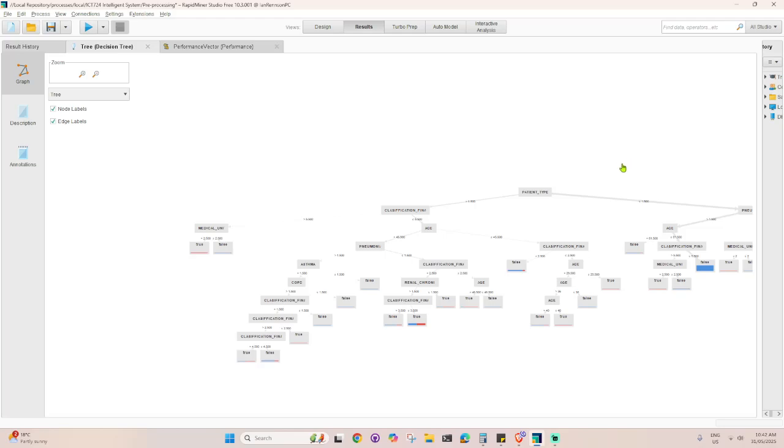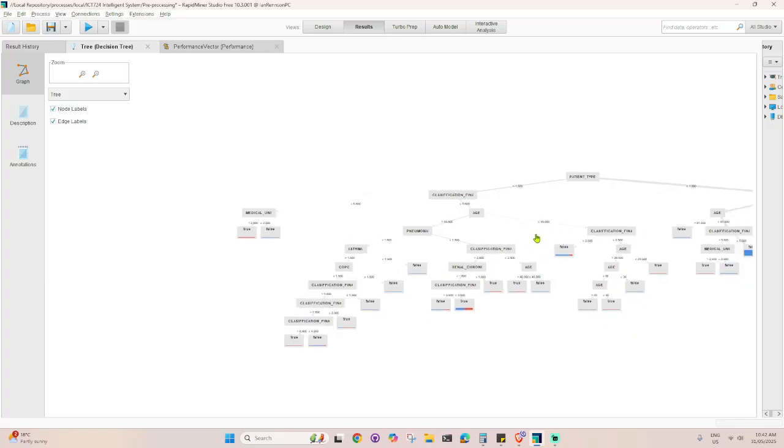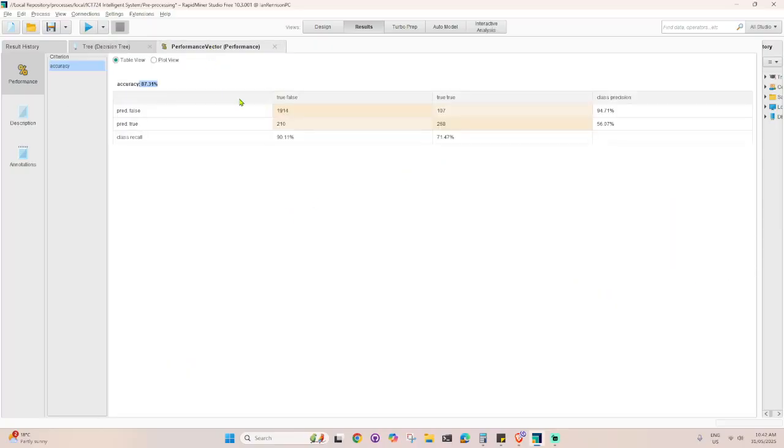The goal is to create a model that predicts the value of a target variable by learning simple decision rules inferred from the data sources. So here, based on the data, it will decide which one is the priority, and then move on and compare it again and again until it has its decision. And then let's go back to the performance area.